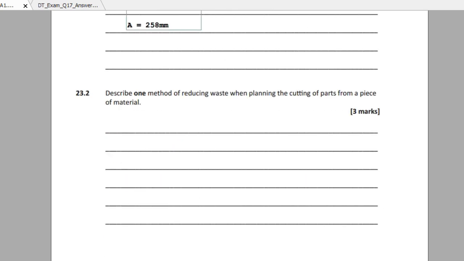Okay, and it says describe one method of reducing waste when planning the cutting of parts from a piece of material. So this is to do with how you would actually organize the material, the parts, or the pattern on a piece of material. So nesting is a method. Okay, so this is what they're looking for. The word nesting is where